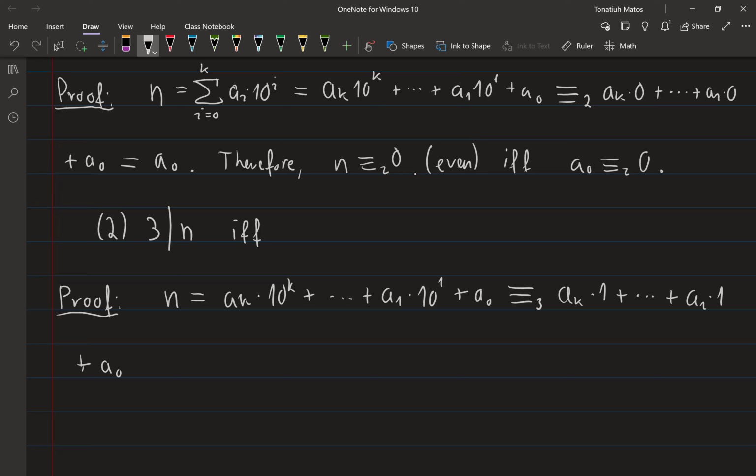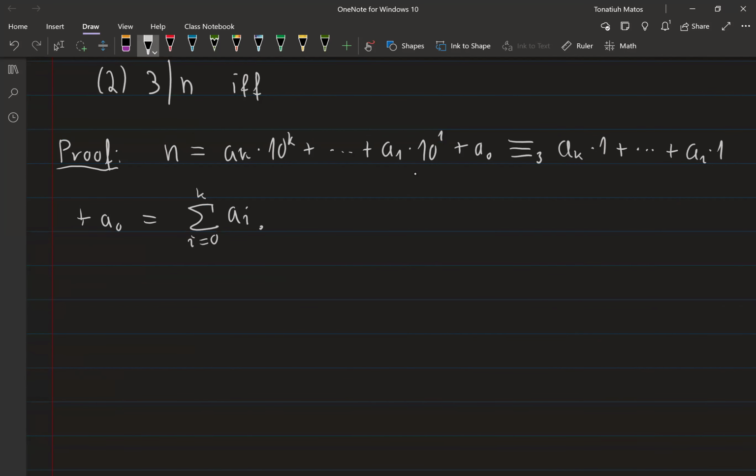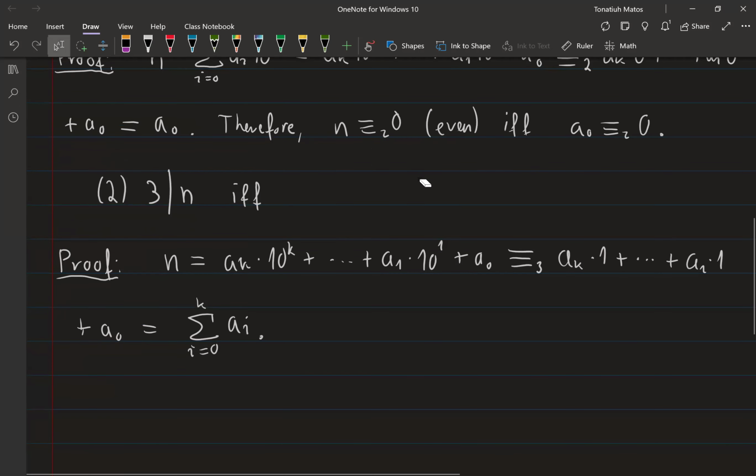A0, right? A more succinct way of writing this is that this is just the addition of these. All the 10s disappear. Am I starting the index incorrectly? Yeah, I did. Okay, I'm not even going to write the conclusion because the conclusion is, of course, that something is divisible by